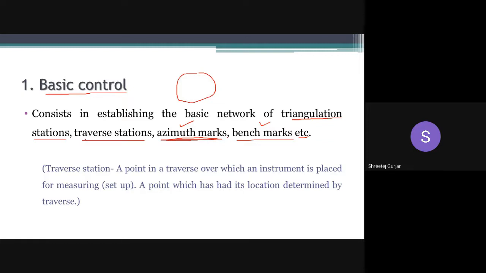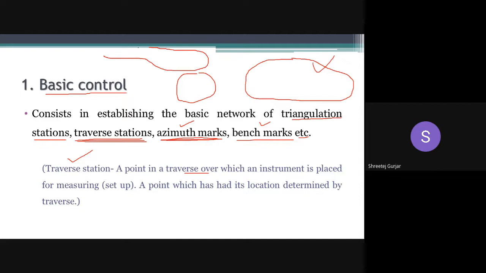Then if you want to have any traverse station, what is a traverse station? I've written here, a point on the traverse. A traverse is nothing but like this. It may be an open traverse or a closed traverse, right? It is a set of points which are joined together. So this is a closed traverse, and an open traverse can be anything that is not closing, a line of points which are not closing, right? This is called an open traverse. This is also an open traverse. So you have learnt in detail regarding traverses.